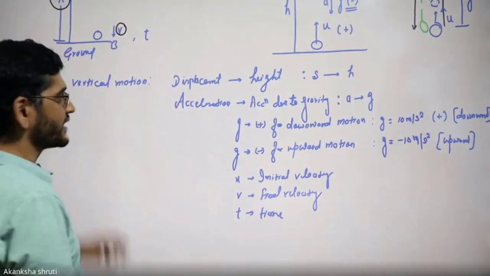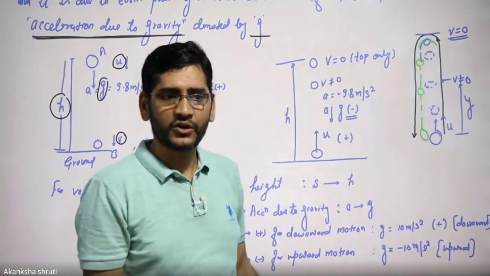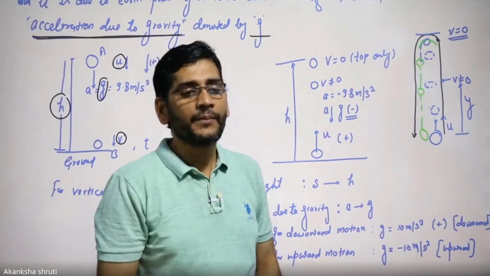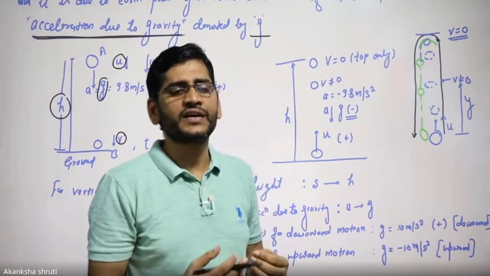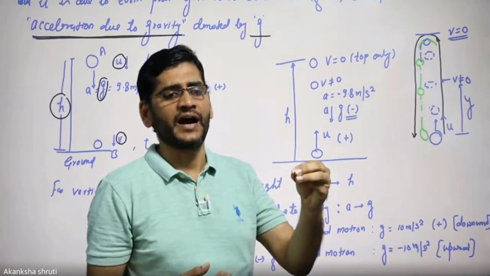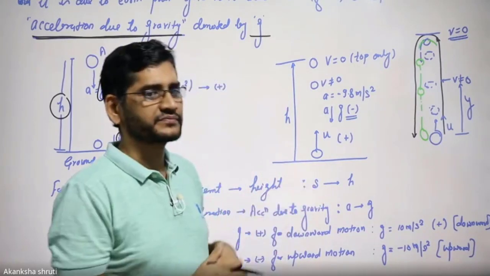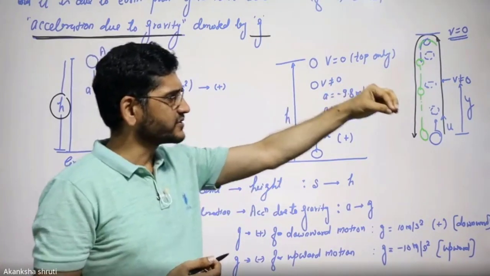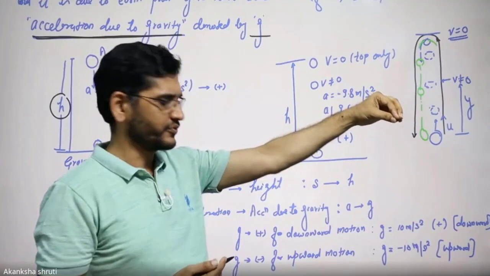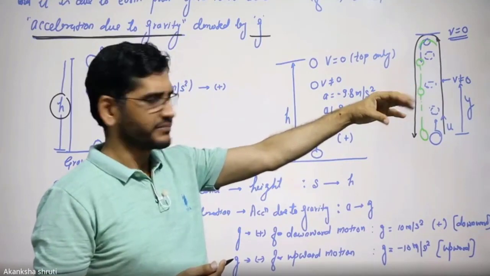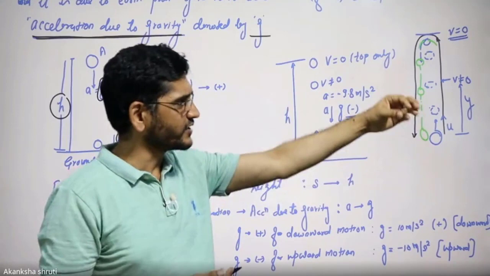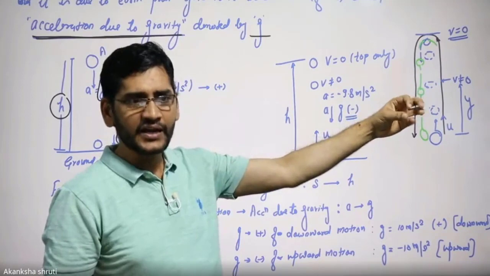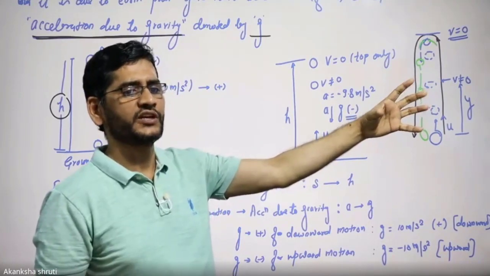Therefore, how is the kinematic equation? Students, for horizontal motion we were using the term like body starts from rest, but for the vertical motion we are using a term called the body released from height. Say you are standing on your roof, you have a ball, you put your hand just outside your roof near to the ground and you are releasing. It means you are not throwing the ball down, you are just releasing the ball from your hand. While you were earlier holding the ball, now you are no longer holding it, you have just released.